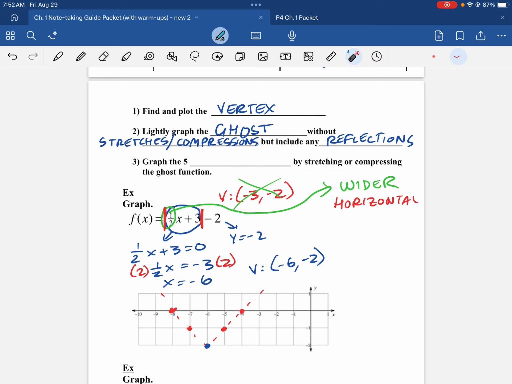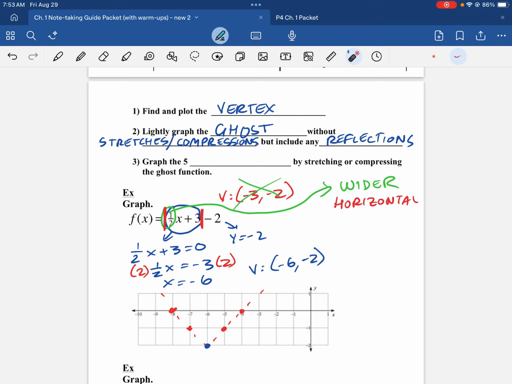So let's think about it. Moving horizontally, that means these points can only move left or right. So they're either going to move out or they're going to move in. Let's imagine they're moving in. So I'm going to move the top points in a unit. If I did that, I'd end up with something like that, which is narrower. It looks narrower than the ghost, right? So I'm going to have to move these out,